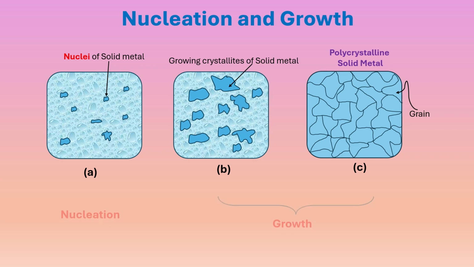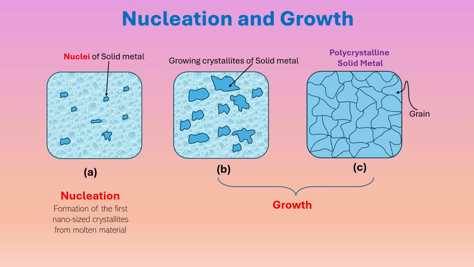First stage is nucleation. It is the formation of small stable particles of solid metal from liquid metal, called nuclei. Second stage is growth. It is the increase in size of these stable nuclei particles by atoms joining them from liquid metal. In the context of solidification, the term nucleation refers to the formation of the first nano-sized crystallites from